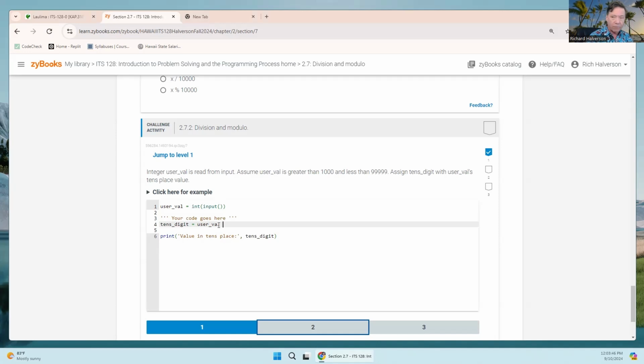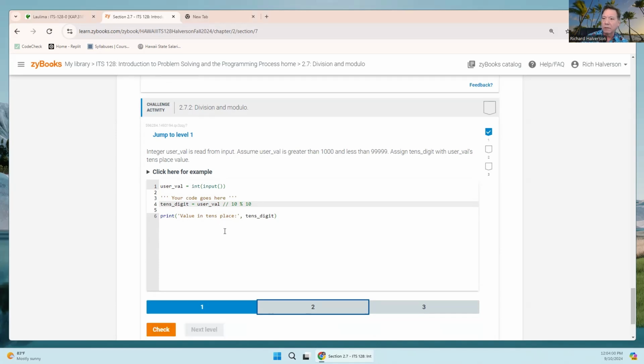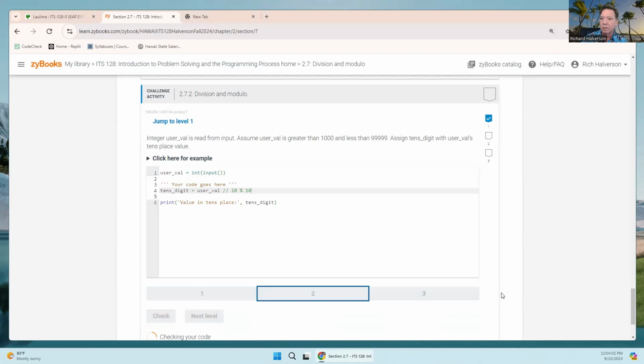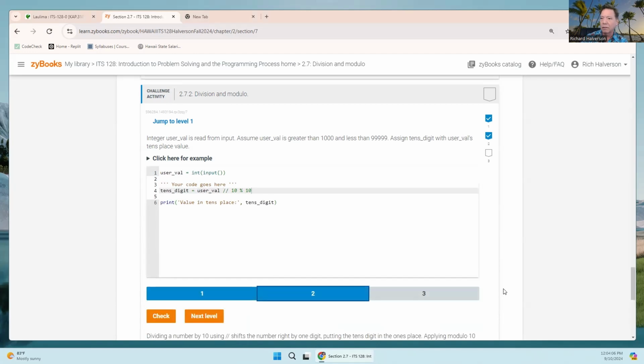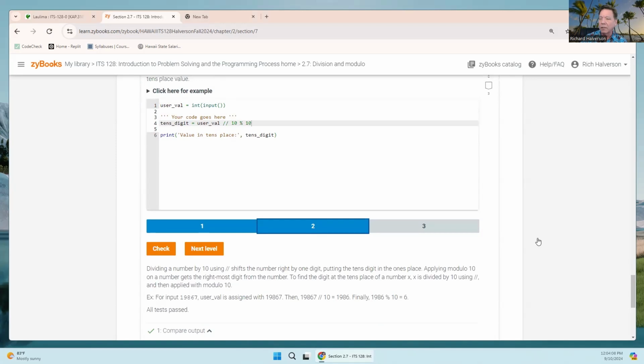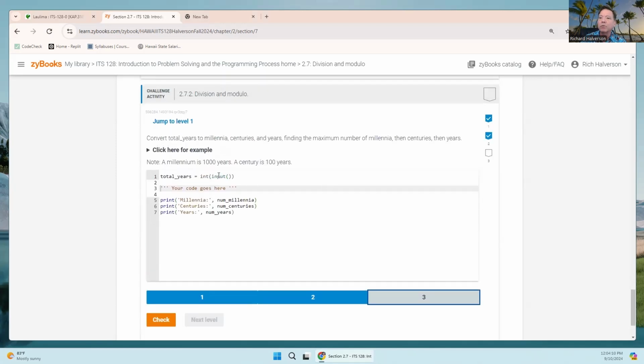Oh, first I'm going to divide by 10. Then I'm going to take mod 10. I wonder if that's right. Oh, look, it's right. Okay, anyway, what's the last one? I won't do the last